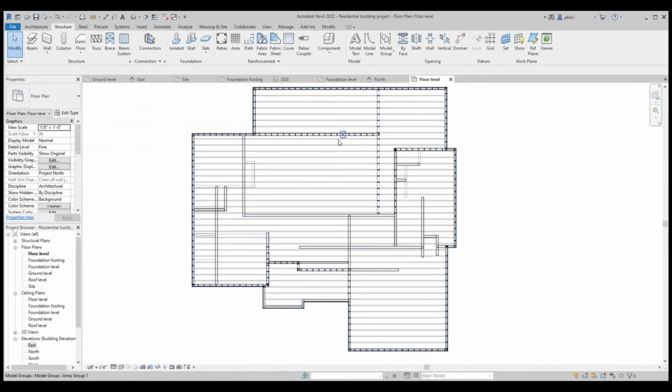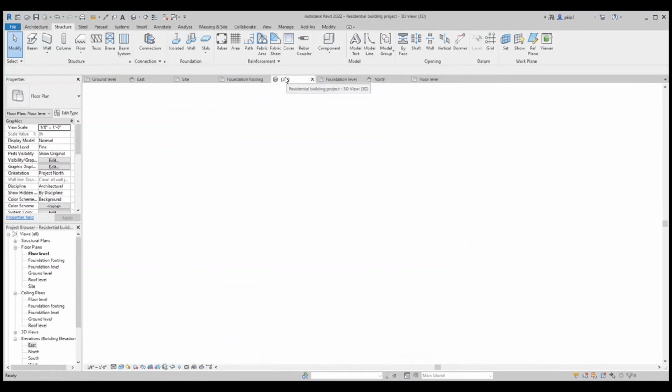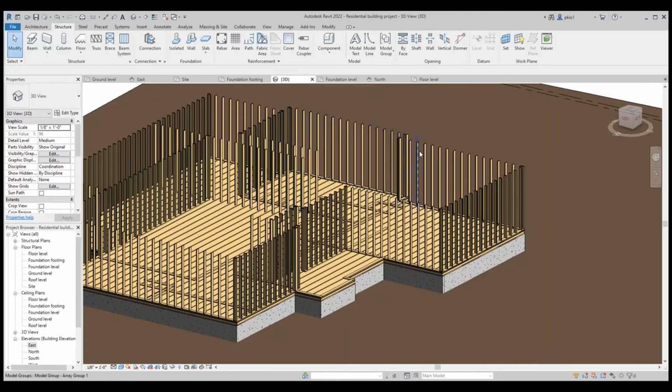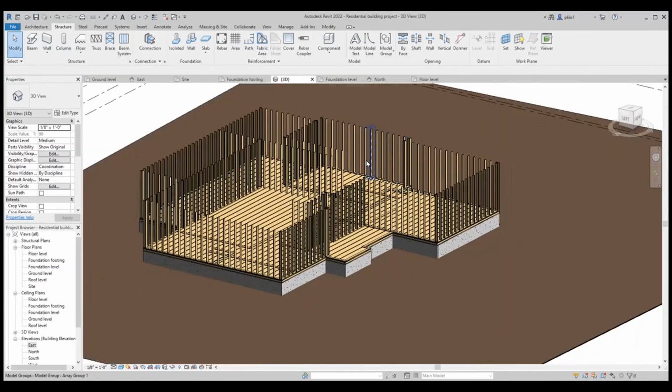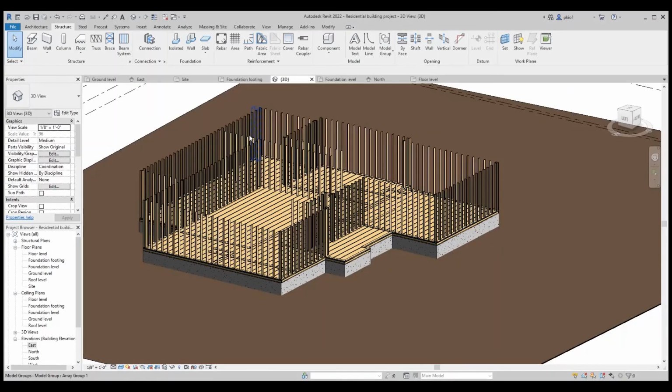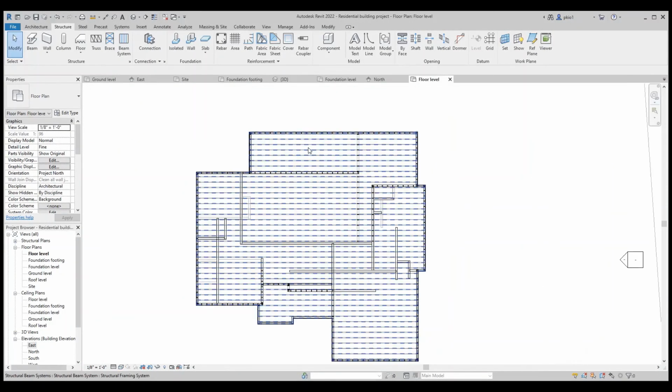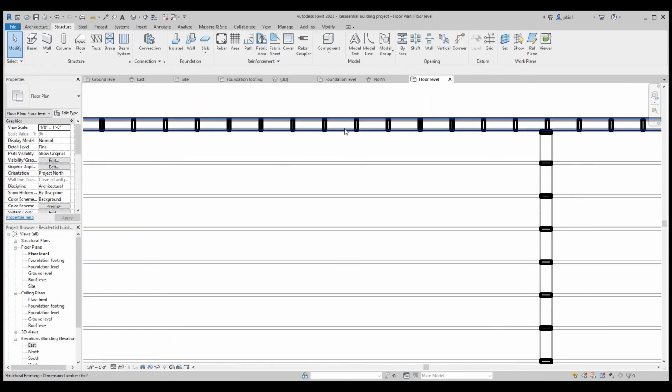So when we're done with inserting the studs, we look at it in the 3D view, and then we go on to copy the bottom plate for the top plate. We go to the floor level and we select our bottom plate.